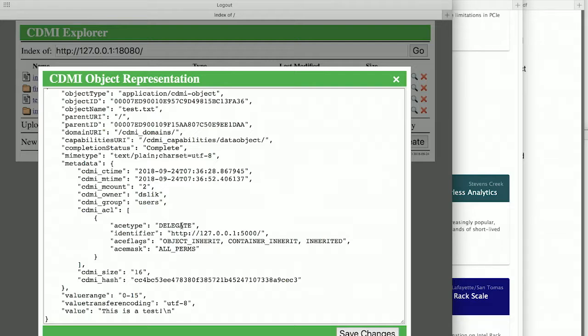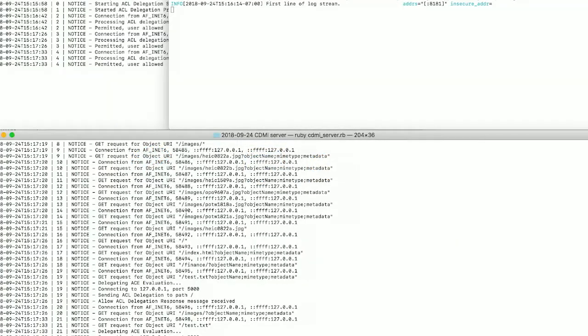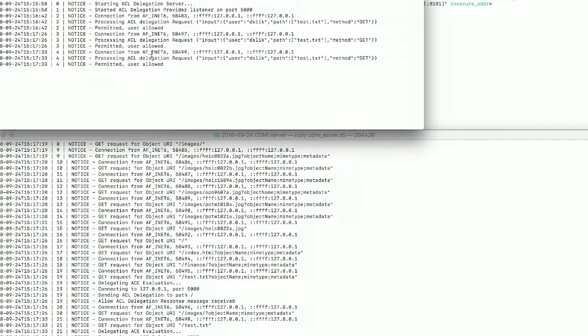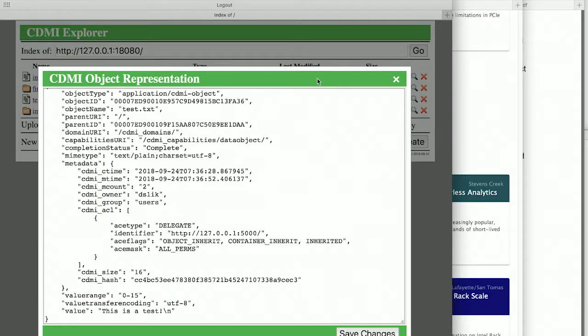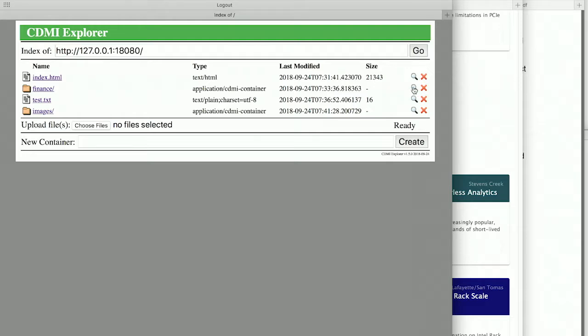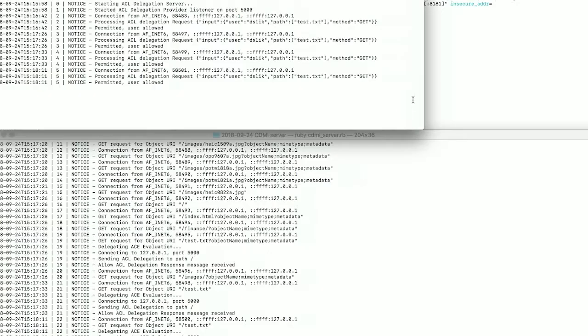If I look at what the program was doing, I can see there were a bunch of delegate requests coming in. Every time I close this and open it again, there was a new one. So each time I go to access that file, the CDMI server was delegating out to the